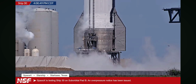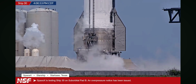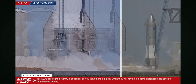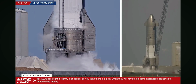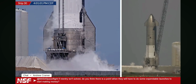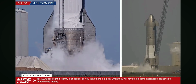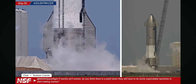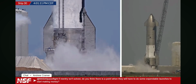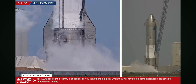Andrew's asking, if reentry isn't solved, do you think there's a point where they'll do some expendable launches to start making money? I think expendable Starship, just like expendable Falcon, is on the table. It's just not the primary use case or the primary reason they're developing this. If they have to do it, I think they would, but I don't know. Adrian, it sounded like you had thoughts. I mean, if they have to launch payloads expendable, why wouldn't they just use...